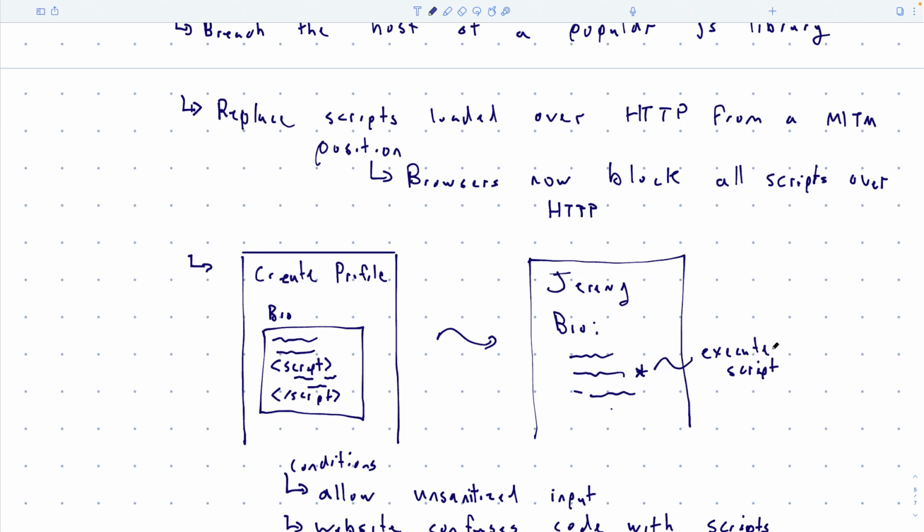Now we just call it malware. One of the earliest examples of malware was a cross-site scripting attack. It was on, I think, MySpace, which was like a predecessor to Facebook. Basically, someone figured out that it was vulnerable to cross-site scripting, and they wrote some scripting into the bio so that if you went to their website and looked at their bio, you would automatically friend them.